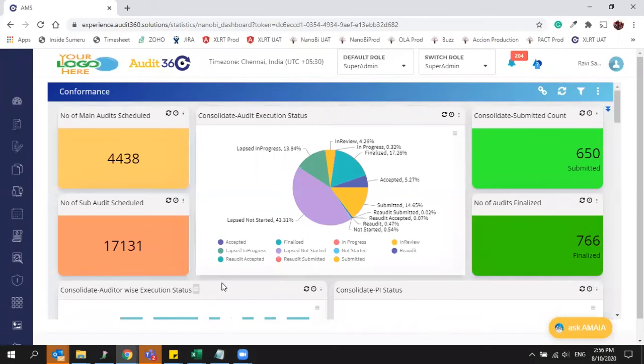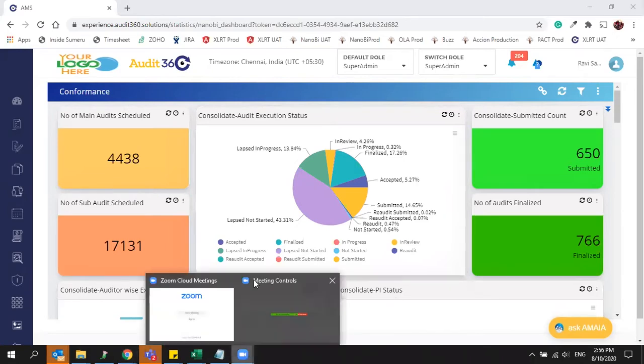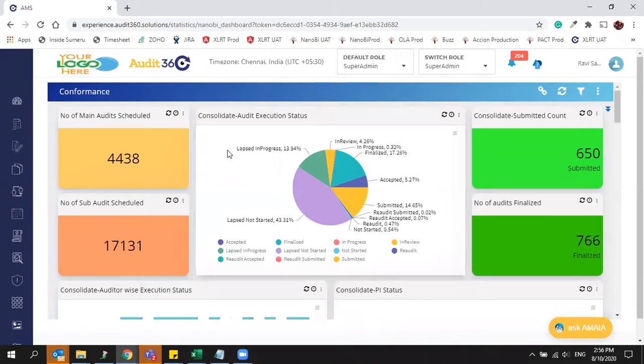This is the analytic level. Analytics information is available within the Conformance dashboard. Are there any questions at this point of time, Santosh, in the chat? Yeah, we have a question on drill down that anyway we are going to take up now. Yeah, just one more minute.